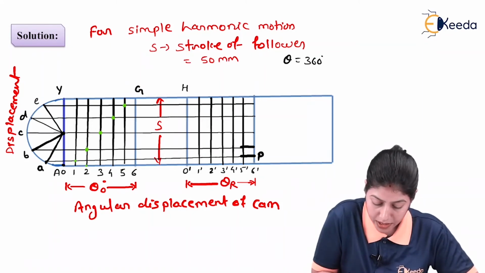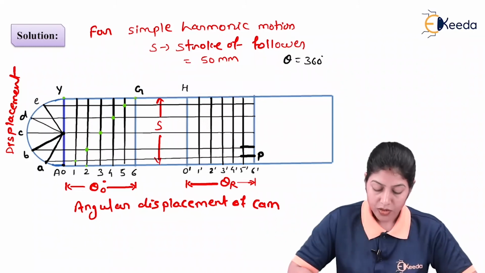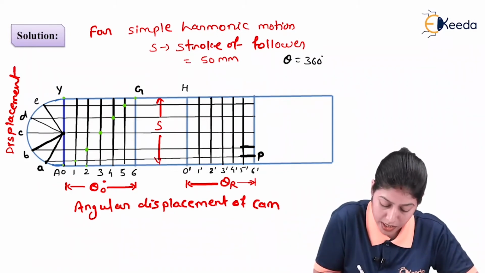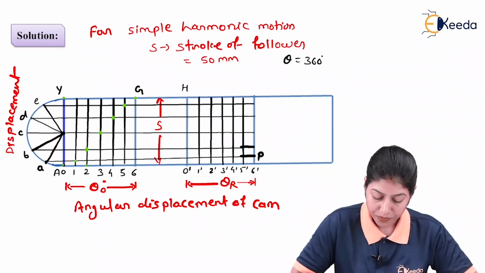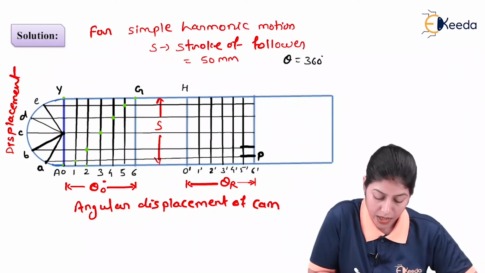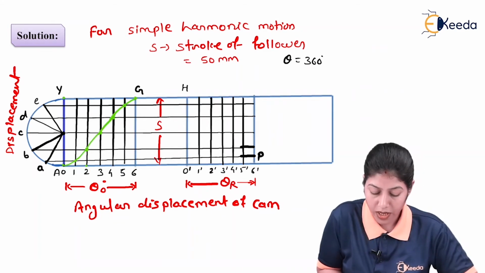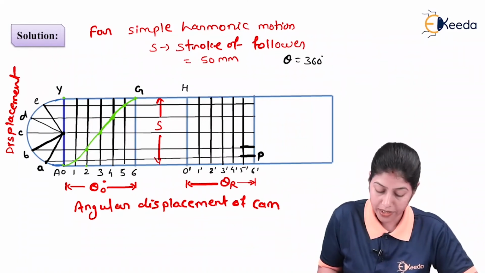And point 6 and the line which is passing through Y, it is already drawn, so it will intersect at point G. So this is our displacement curve, or the points of the displacement curve for the simple harmonic motion of the follower. So we will join all these points, and as we know, A is the starting point, so this curve will start from this particular point A only, and A we consider as the trace point also. So this is the curve for the outstroke of the follower for 90 degrees.